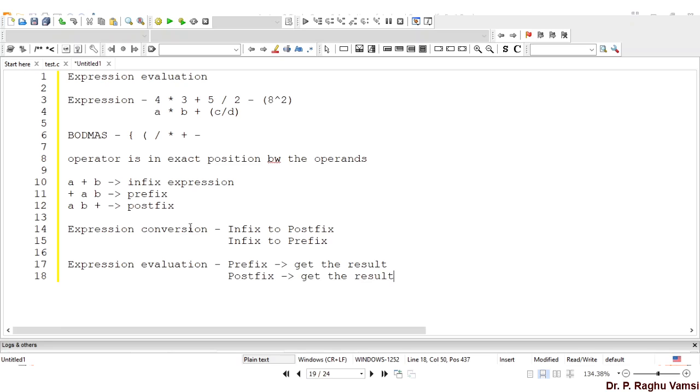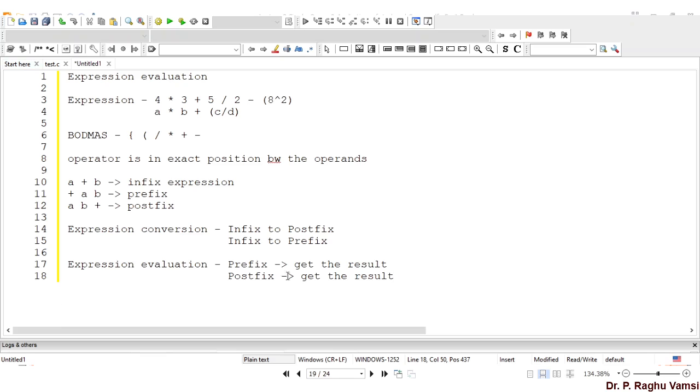If I have given an infix expression like 4 into 3, in general you can evaluate it as 4 into 3 is equal to 12. But if I have given star 4 3 or 4 3 star, you should be in a position to evaluate that and finally get the result.